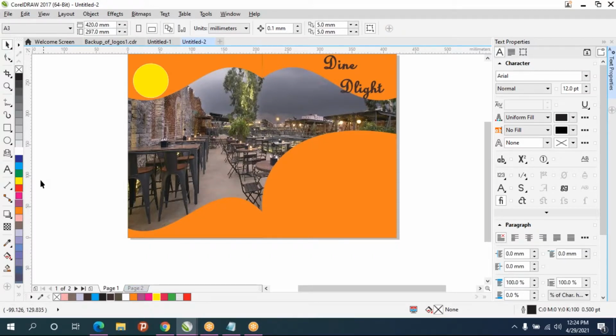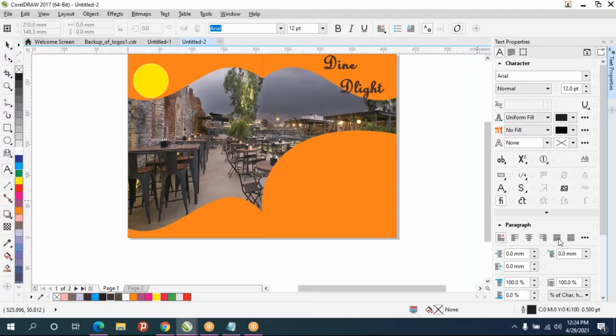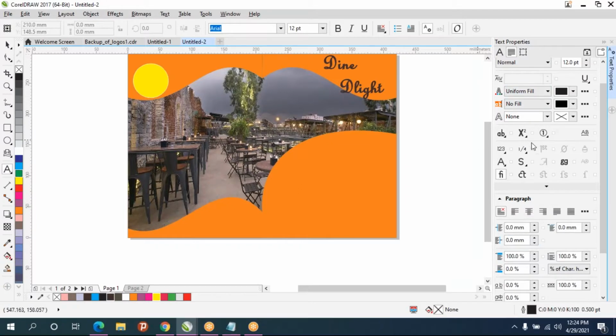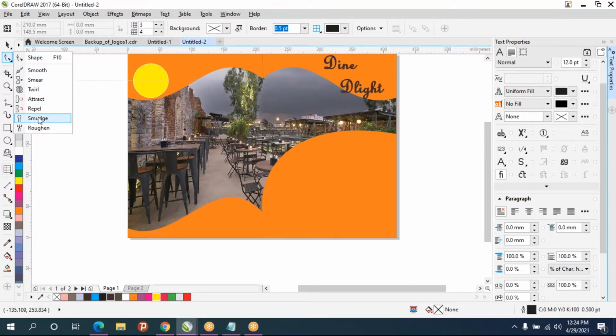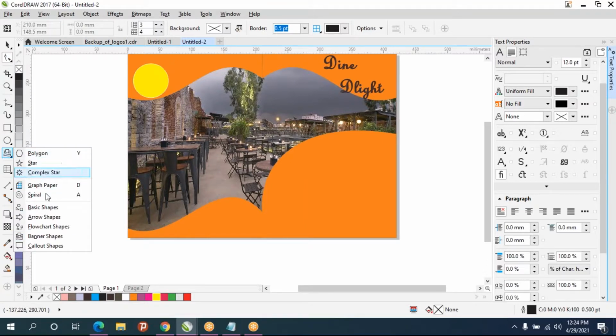So today we have learned how to use the text tool and text properties like paragraph alignment, and you can give stroke color and fill color. More about text properties we'll see in the upcoming class, and the table option, how to merge the cells, we have seen all that. And the main thing is how to use the shape tool and the basic shapes.